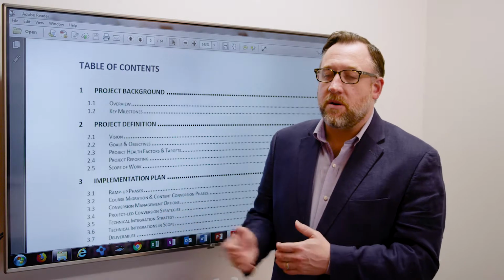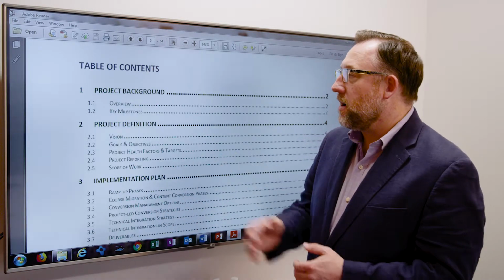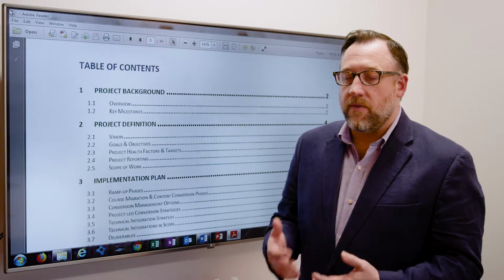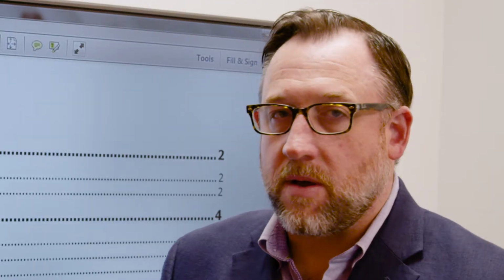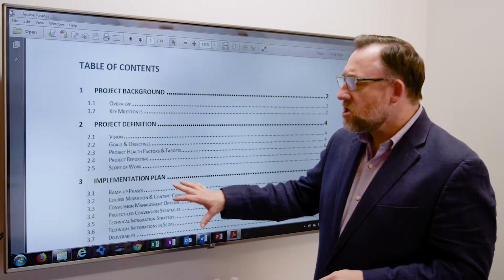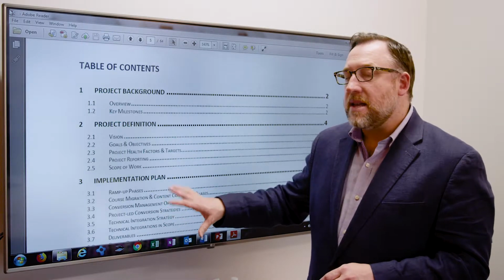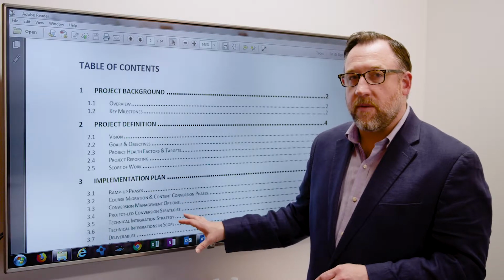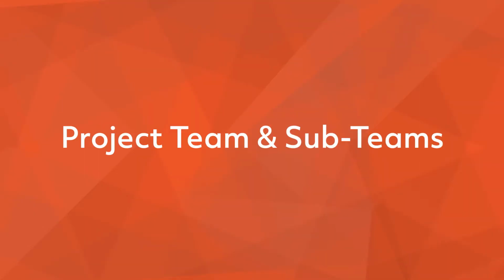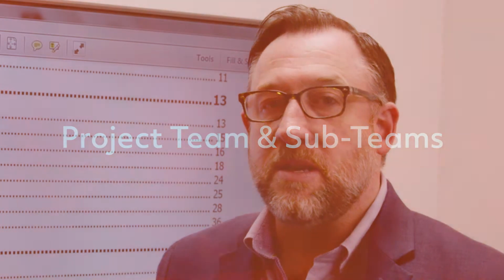But in a project charter, at a high level, you really want to just define the project background, the overview, milestones, and so forth. Kind of define the project in a bit more detail, some of the goals, objectives, the vision. You then start to break down the project, at least at a high level, into some of the key phases, the key goals and objectives of the project. In defining the project organization, this is a critical part that the project charter will help to define: what are the right team members.